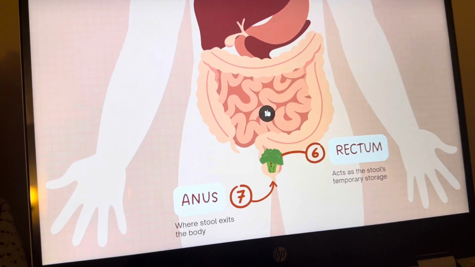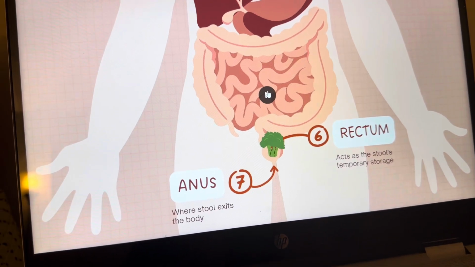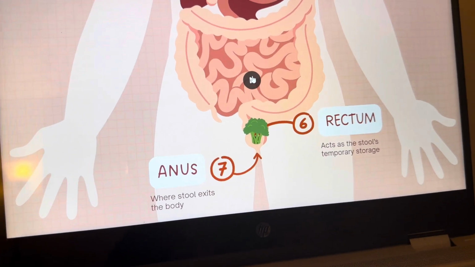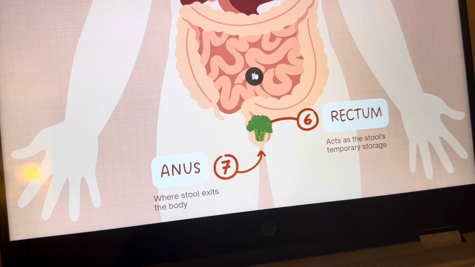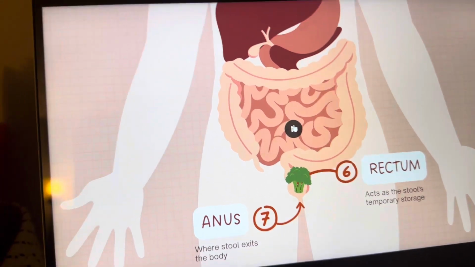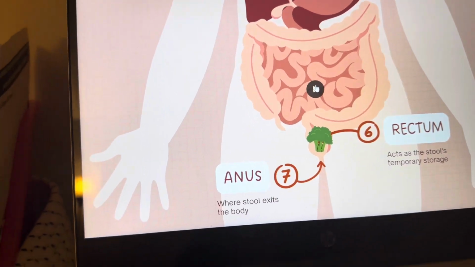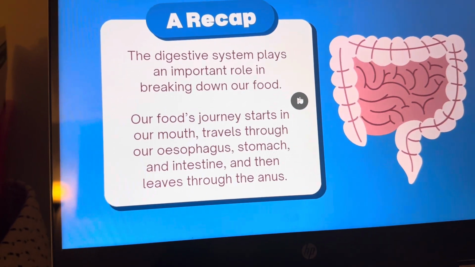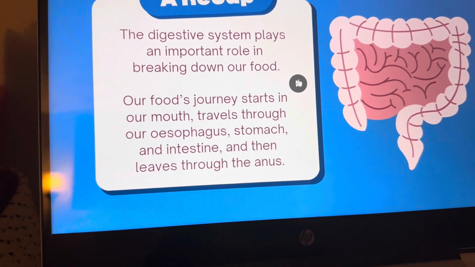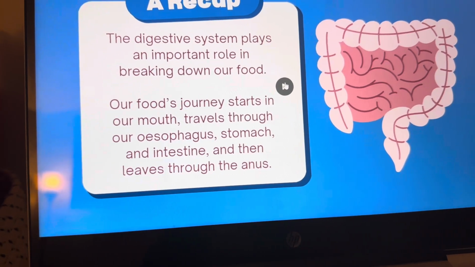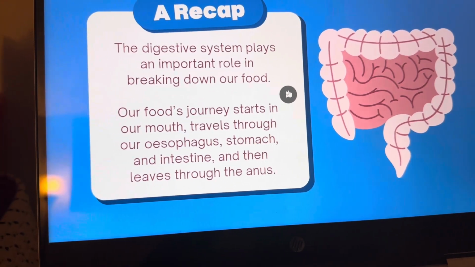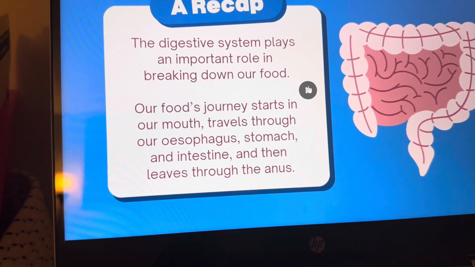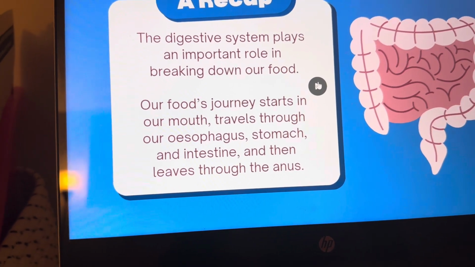Okay, awesome. You all have completed your discussion with your group. We've talked through it. You've come to the understanding of what the whole process is to go through the digestive system and the journey. So let me recap really quickly. The digestive system plays an important role in breaking down food in our bodies. It's very important that we understand that it starts from the mouth, where an example